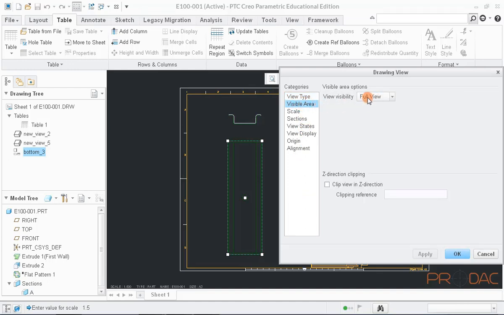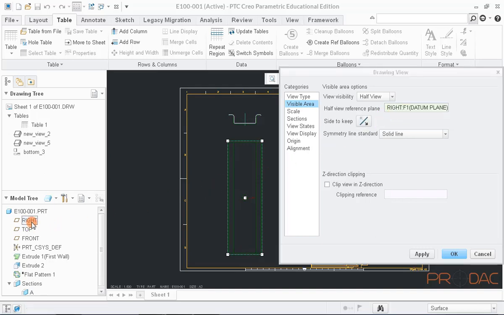Here, View Visibility option has a drop-down list to choose from. Let us select Half View List. Now, we have to provide half view reference plane. After selecting the reference plane, we can see view has changed to half.